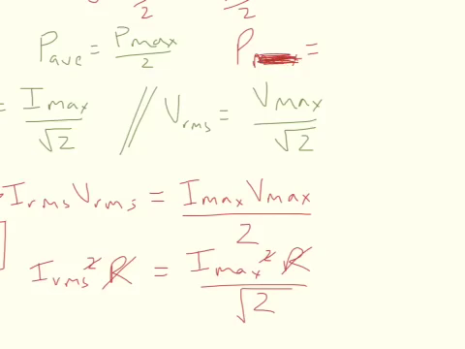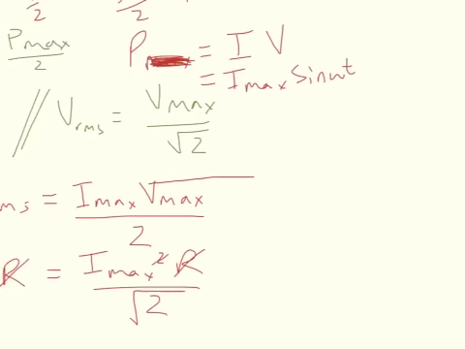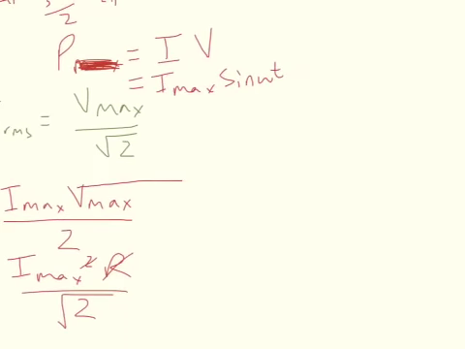Just the power at any one point in time is going to be I times V, as we know, but our I varies. It goes I max times sine omega t, and our V at any one point in time is V max